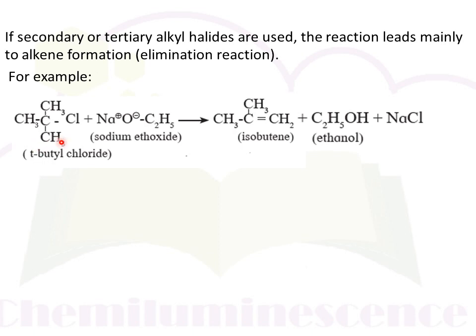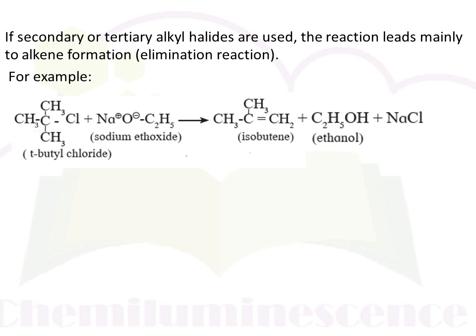When tertiary butyl chloride is treated with sodium ethoxide, it undergoes elimination and forms isobutene as a product. Why is this product formed? Because we know that Williamson synthesis shows SN2 mechanism, that is substitution nucleophilic bimolecular reaction. In that, the nucleophile attacks from the backside. Here, sodium ethoxide is acting as a nucleophile, and backside attack of this nucleophile is difficult on this tertiary alkyl chloride due to crowding. Hence, this backside attack does not take place.